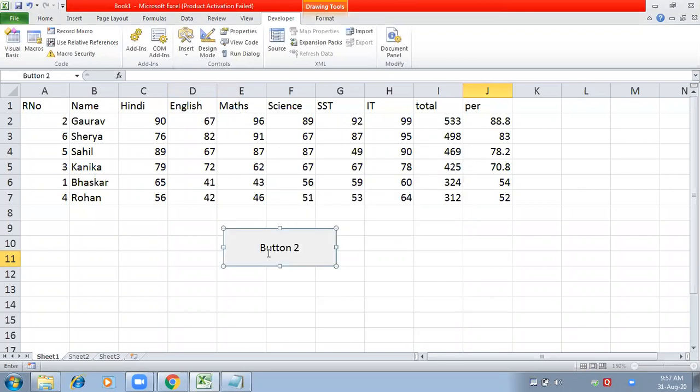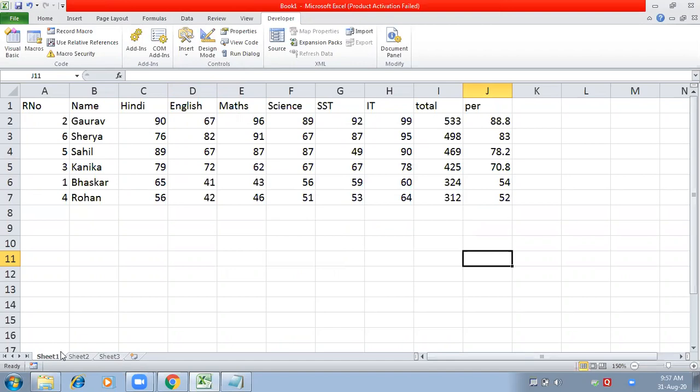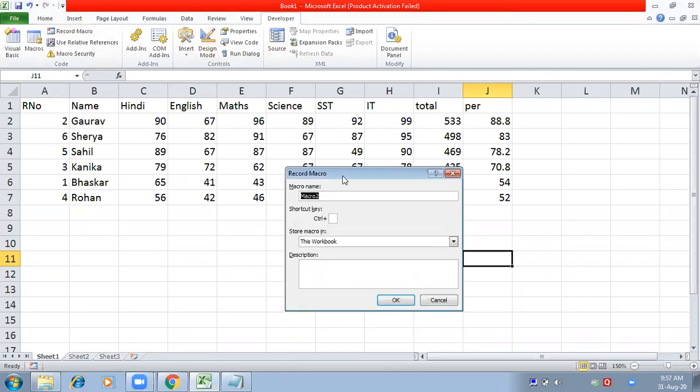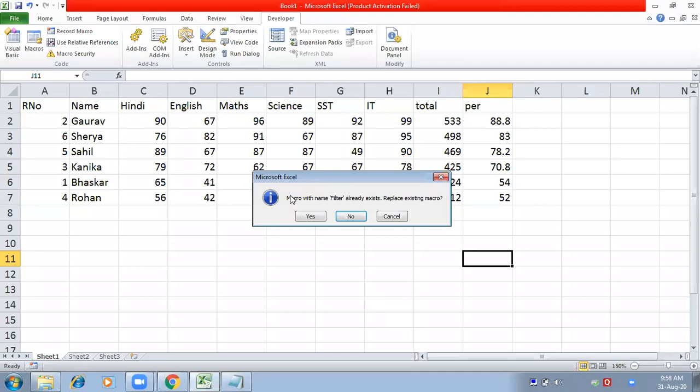Before this I'll do some other changes also. Suppose I'm going to record a new macro, record macro, and this time the name will be filter, and I wanted to assign a shortcut also, Control plus F. Macro with the name filter already exists, replace the existing macro?